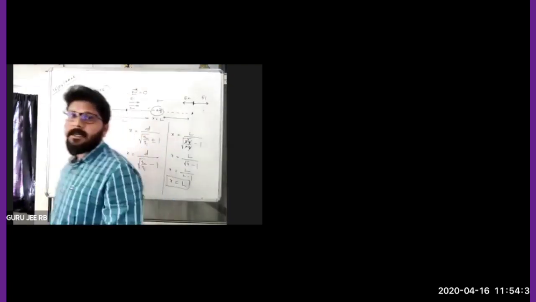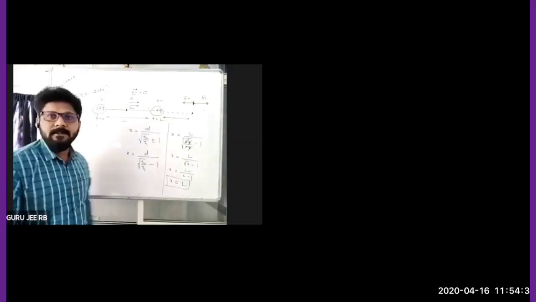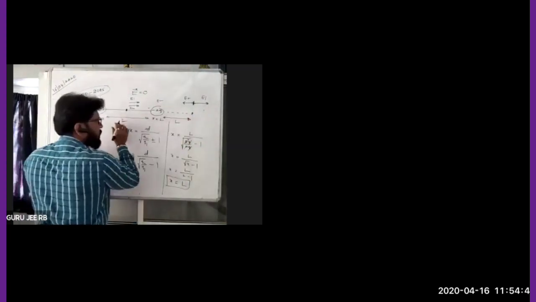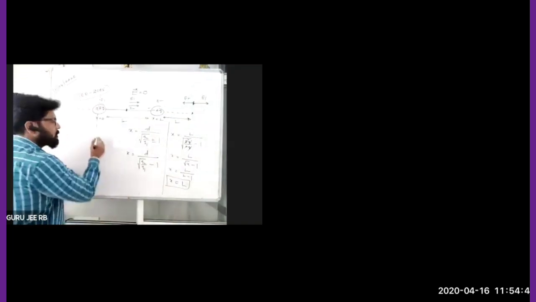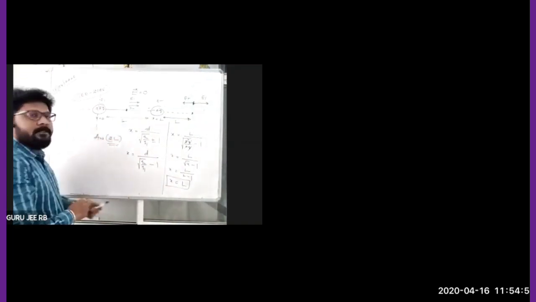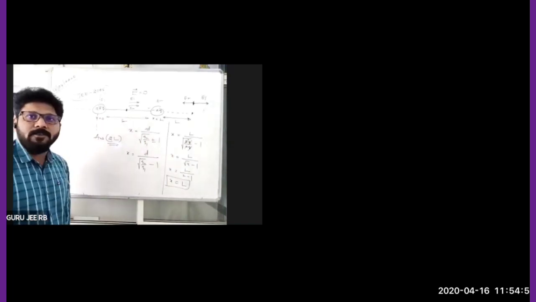That means at this particular point, there is a possibility that the net electric field will be zero. At what distance is it zero? L distance. So from the origin, it is at a distance of L plus L, which is 2L. So the answer for this one is 2L. Yes or no? Otherwise, conceptually, how do we solve it?